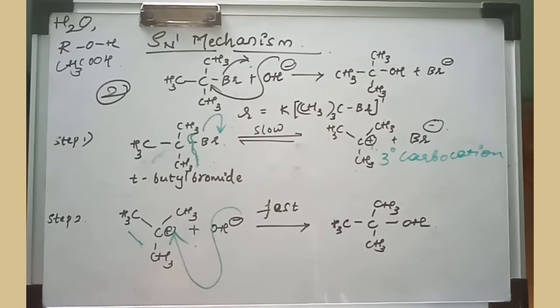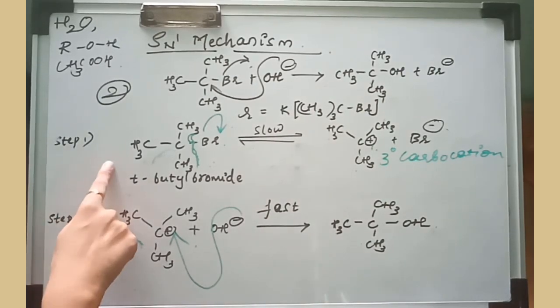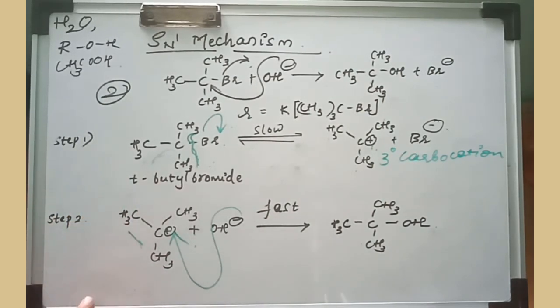But how exactly the mechanism takes place: in all these organic reactions there is a covalent bond in them. As a result, the reactions do not take place immediately. They always involve step-by-step reactions. So this is the first step and this is the second step. For the first step, in this arrow I have written here, slow step. That means in every reaction, if there are more than 2 or 3 steps, one of them will be the slow step.